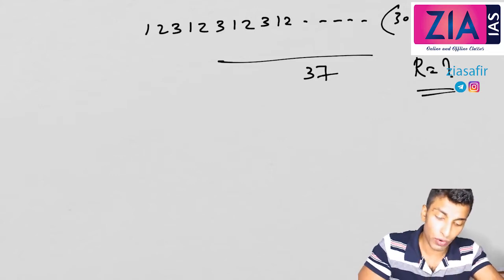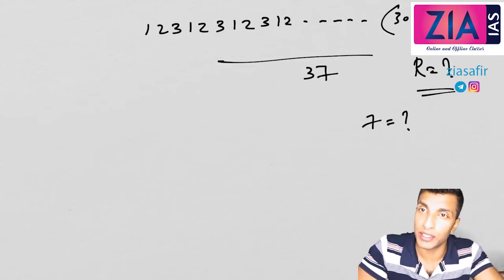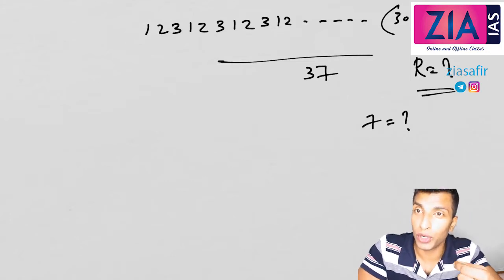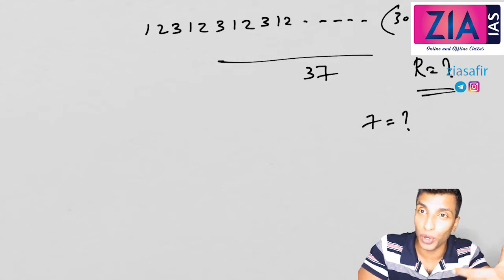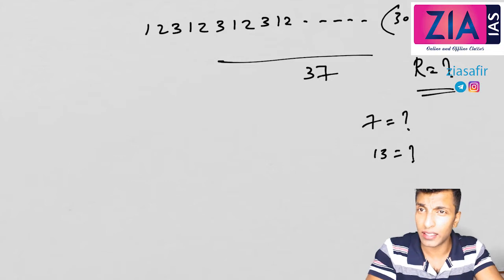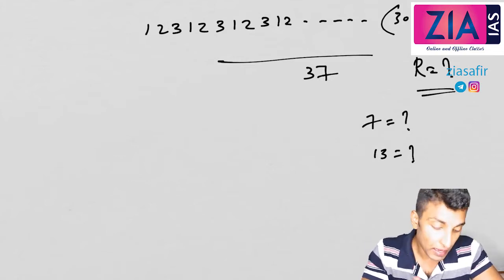Do you know what the divisibility rule of 7 is? No, at least 99% of you don't know. You don't know the shortcut. I'm going to discuss a method in which you can score 100%. 13 also you may face problems, and 17, 37 etc. So that's what we are going to solve here. Okay, so let's start with